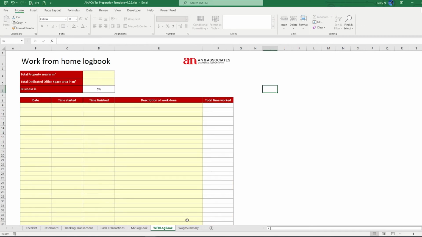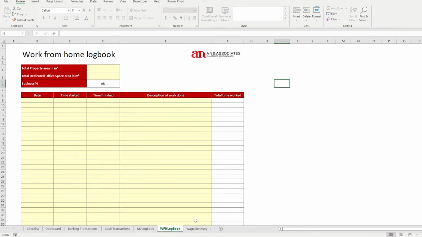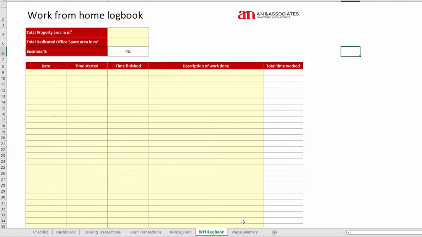Now, this very next worksheet that you're looking at is the work from home logbook. And this logbook allows you to determine the business percentage of your home that you're able to claim for business related activities. To complete this workbook, you need to specify the property size.